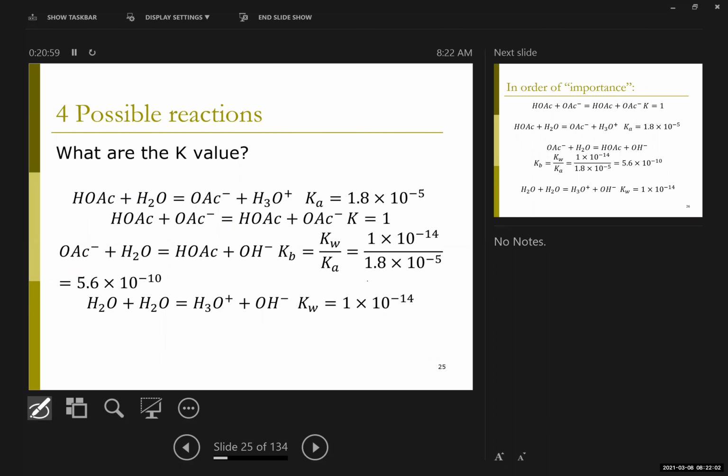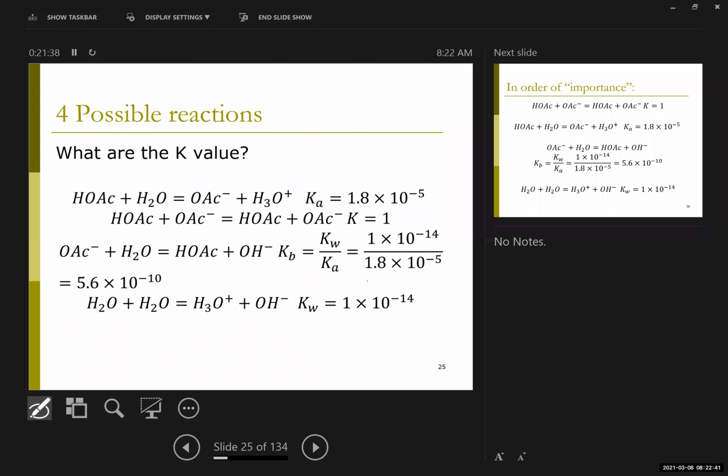And for these 4 reactions, 3 of them we already sort of knew. I mean, 2 of them we definitely knew. 1 we talked very little about last week. The top reaction is just the Ka of acetic acid. It's acetic acid reacting with water. We saw it just a minute ago at the very beginning when I reminded you of it. The Ka for that reaction is 1.8 times 10 to the minus 5. Down at the bottom, water plus water is, of course, just the Kw, which again, at room temperature is still 1 times 10 to the minus 14.